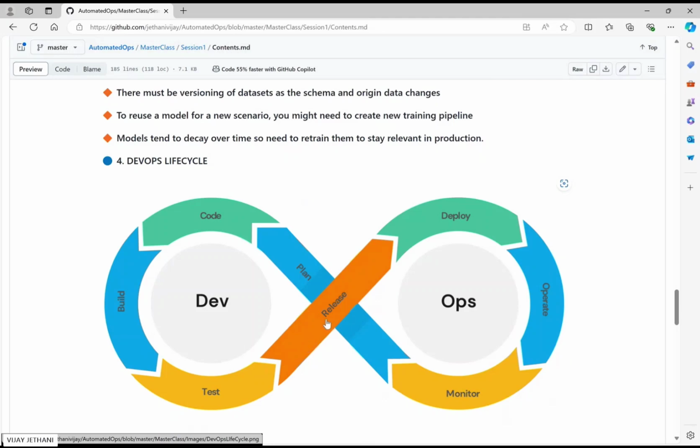Okay, so the release will keep that code or package ready for me for deployment with the help of the deploy stage. The deploy stage is actually where the deployment happens on any particular environment. And then once you deploy it, obviously that will be running 24/7. There will be incremental updates coming your way, so you need to operate it in the next cycle. So it can be incremental code changes versus something changes on the feature sets that will come in your operate